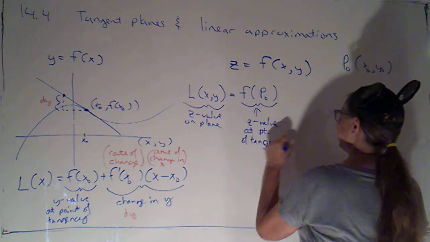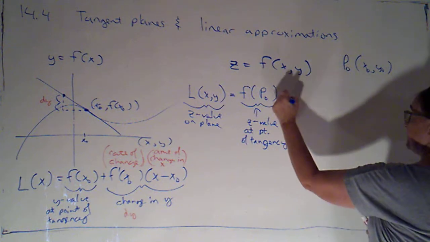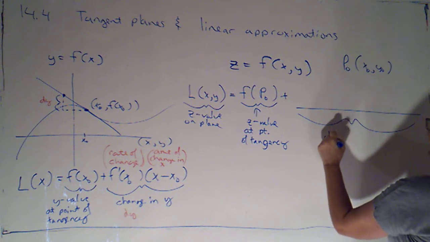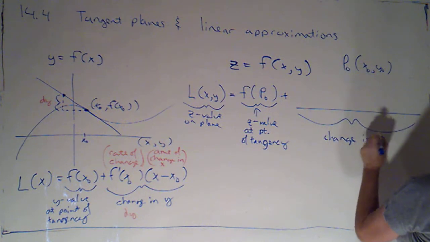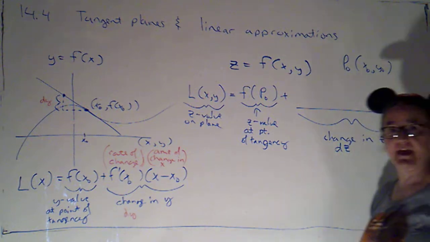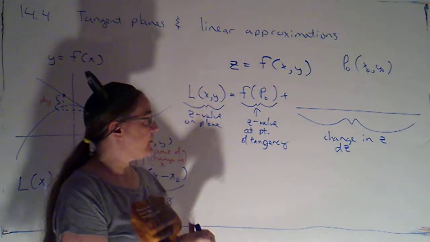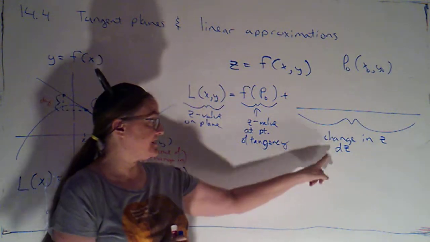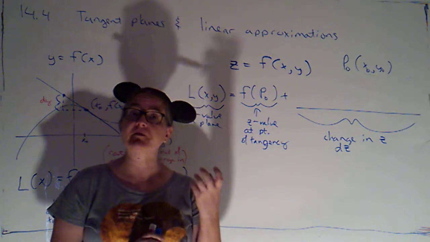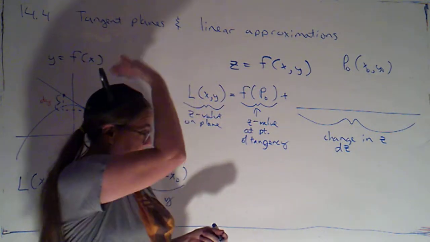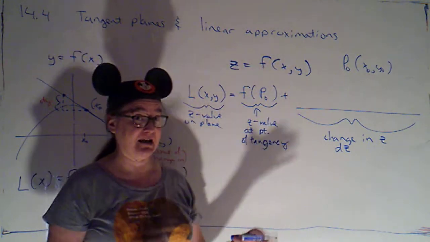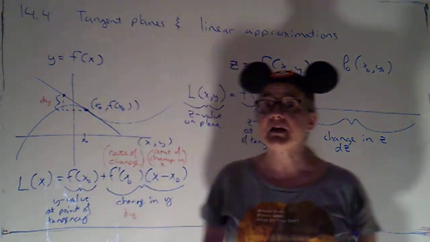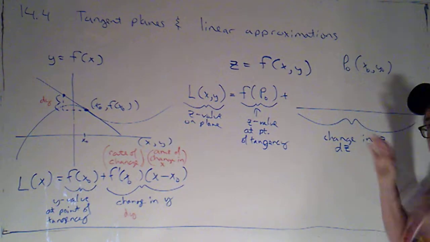Assuming that word applies, okay, plus some change. So I'm going to add the change in z. And I'm actually going to use differential notation for that. I can actually call that dz. Even though we don't use d's in talking about the partial derivatives that we have, I can still use the differential dz to talk about the change that I get in z. At least I'll be able to use that if this earns the name of tangent plane, which we hope it does. Okay. All right, but now, because I have a function of two variables,